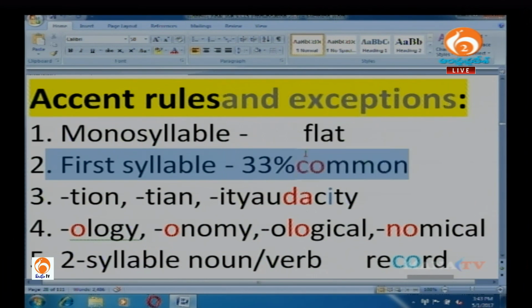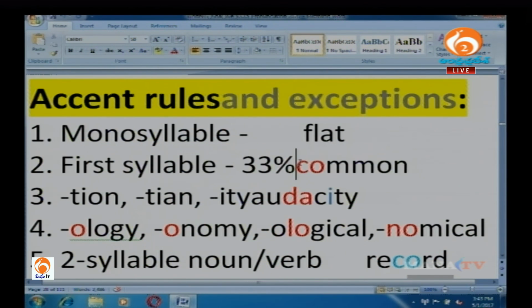The first one, very common. About 1/3 of the words have accent on the first syllable. For example, the word common. Common, 1/3 is roughly 33% of the words. Did you hear I said percent? I did not say percent. That's how careful you have to be when you pronounce English words, okay? Now listen to it carefully. 1/3 of the English words have primary accent on the first syllable. So most of the words, common